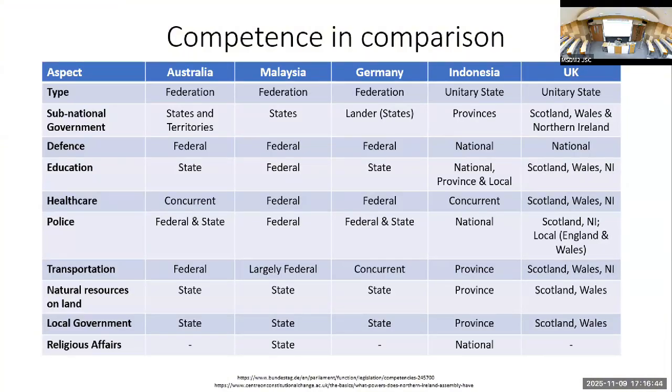Sarawak is claiming the power over education now, but this is not protected in the federal constitution, which means if you have a new federal government, Sarawak's powers may be rolled back, or that could be used as part of the conditions in negotiation. So you can look at the others, that there's not a standard federal pattern, but you could tell, for example, that